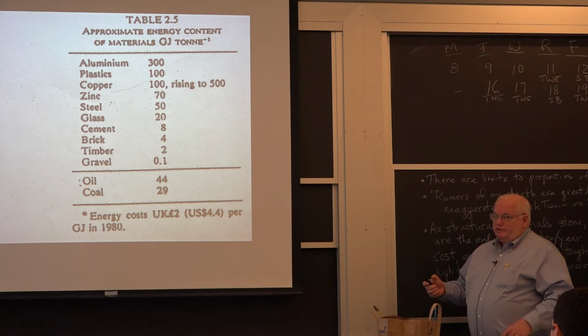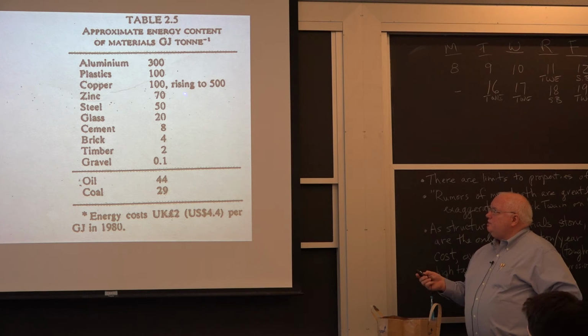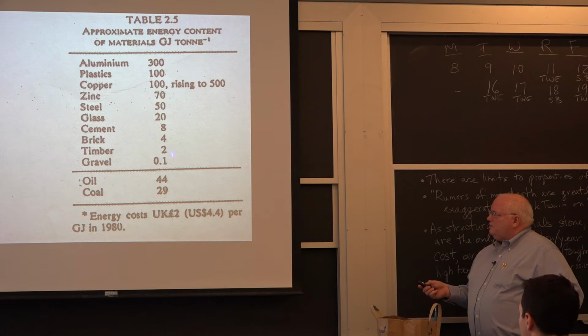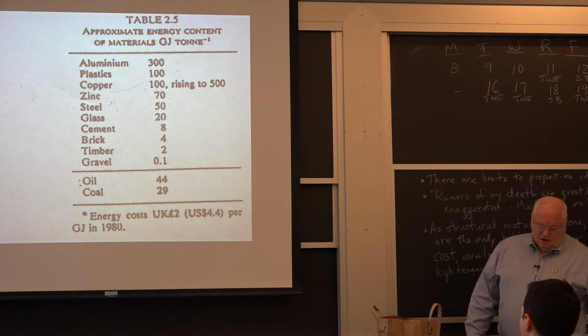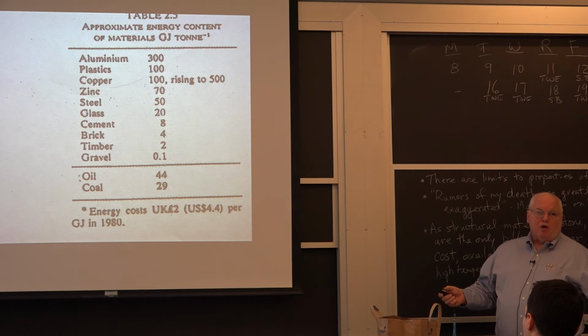We can get a bauxite that's very, very rich. We can get iron that's essentially pure iron oxide. Copper is dispersed at very low concentrations, and therefore you have to overcome a lot of entropy to get it. Zinc is usually a byproduct of other things. Steel, there's iron ore all over the world because iron is one of the most abundant elements. Glass, cement, and things. Anyway, there's a list here, you'll have it, of the energy content. And as a result, people like to think, oh, aluminum will overtake steel. No, not in price, okay?